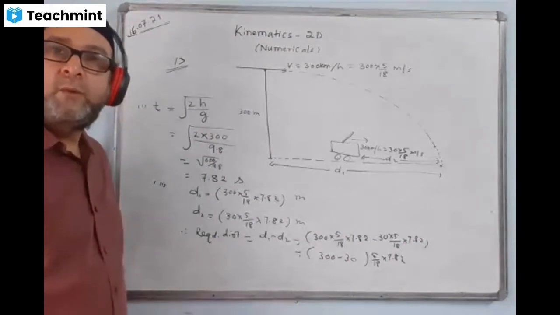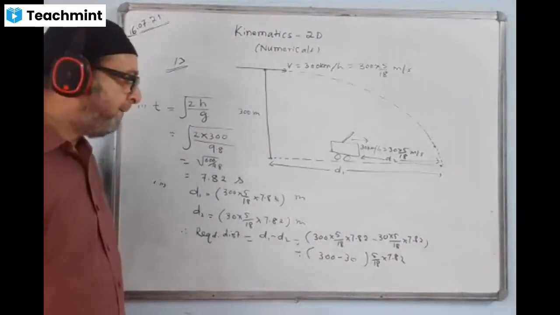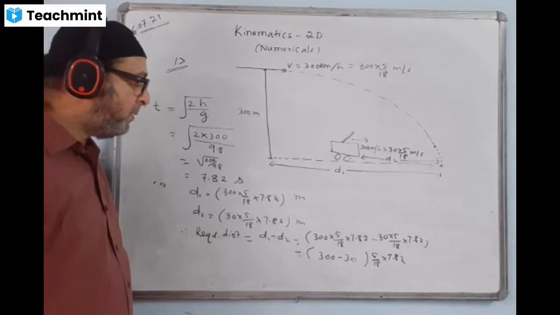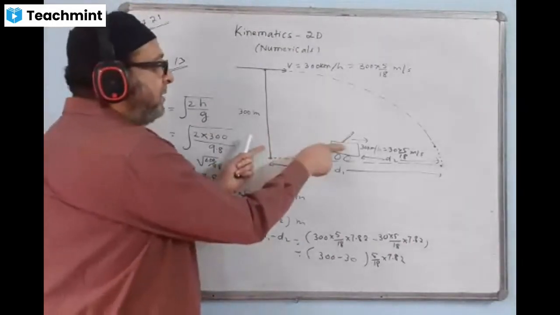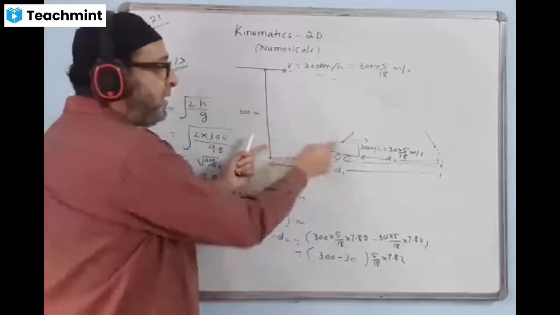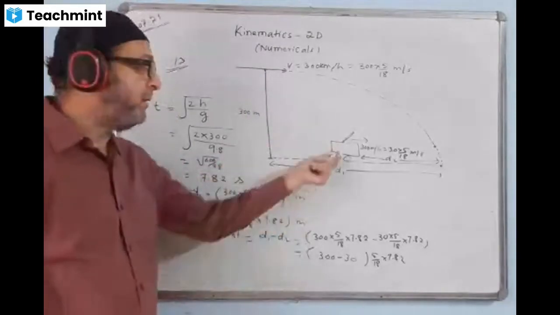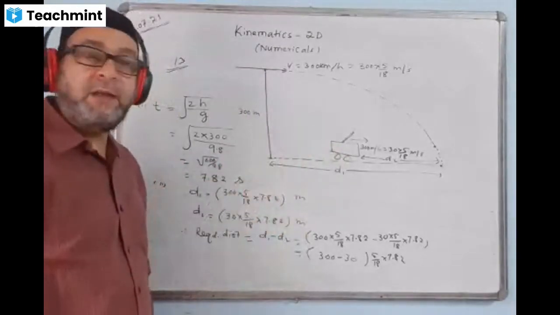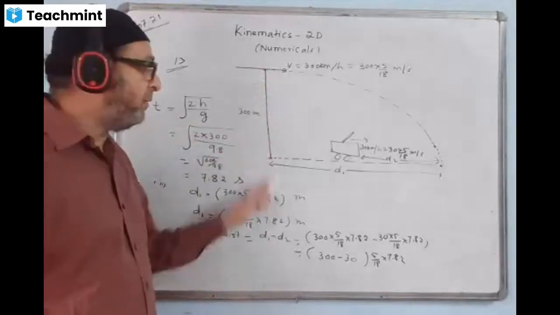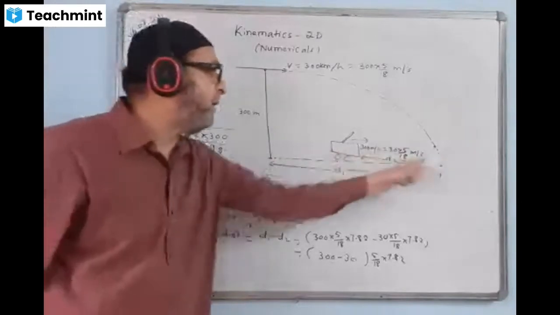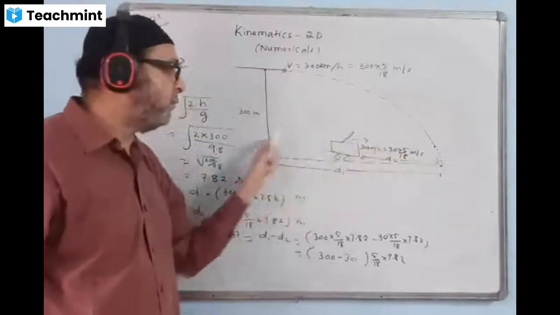Have you understood? Yes, sir. Why we subtracted d1 minus d2? You have to find this distance, the distance between the tank and the pilot. The initial distance you have to find before the tank started moving, initial distance before the bomb is fired. The question says that only. That's why d1 is the whole thing, d2 is the whole thing, so d1 minus d2.